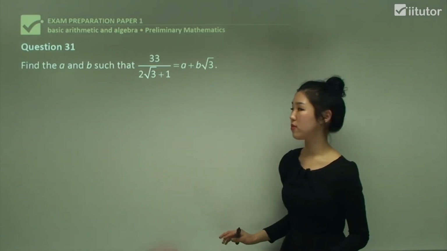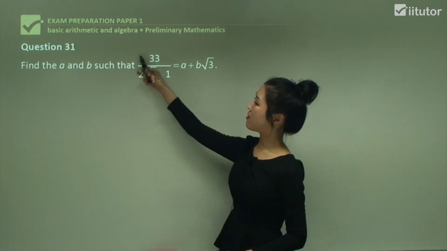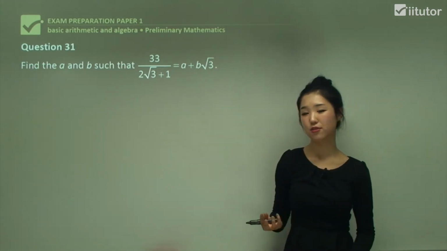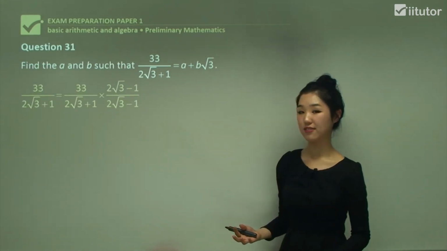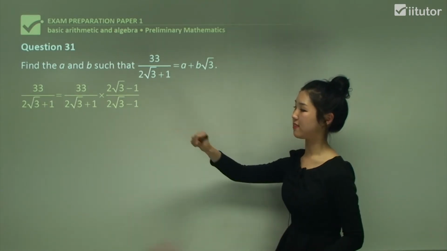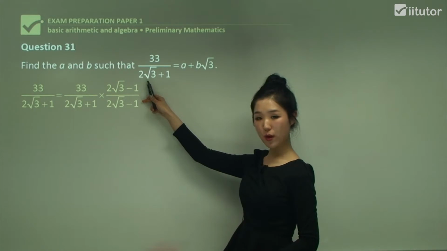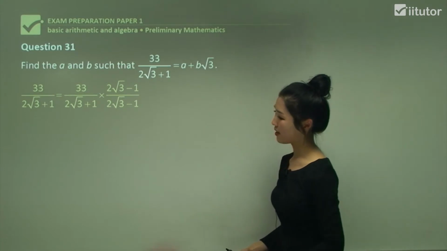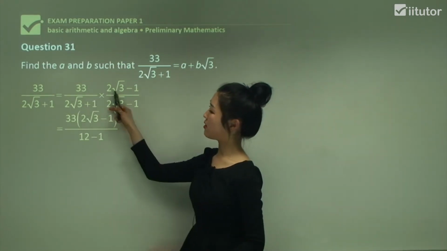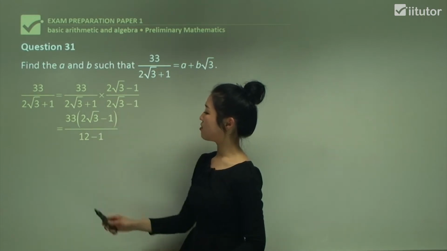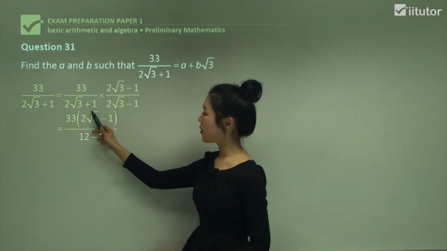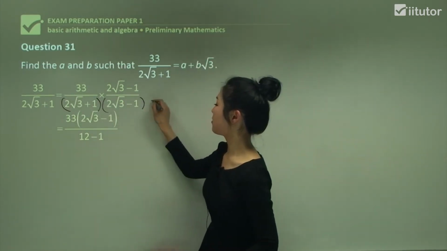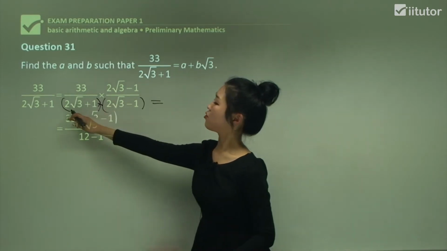So what I suggest you to do with this question is have a look at this side only. And again, as I said, I don't like having surds in the denominator, so first of all, I'm going to rationalize the denominator for this fraction, just like this. So the conjugate of 2 root 3 plus 1 is 2 root 3 minus 1, so multiply that on top and bottom, just like that. And then I'll have 33 times 2 root 3 minus 1, and the denominator, remember it's 2 root 3 plus 1 times 2 root 3 minus 1, so this times this is going to be